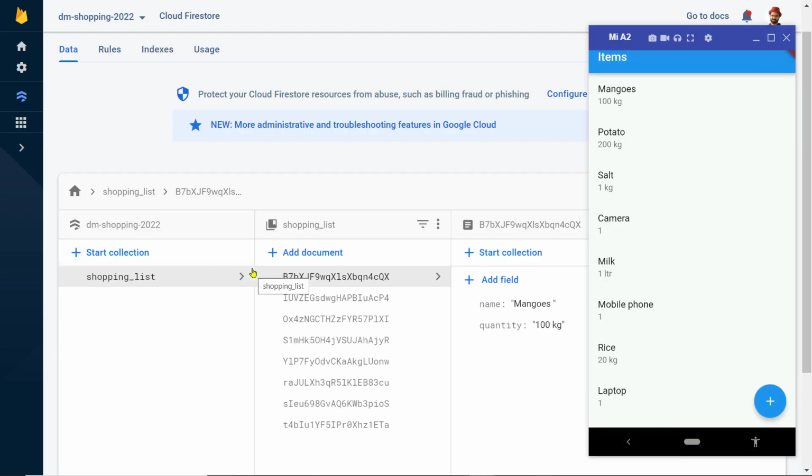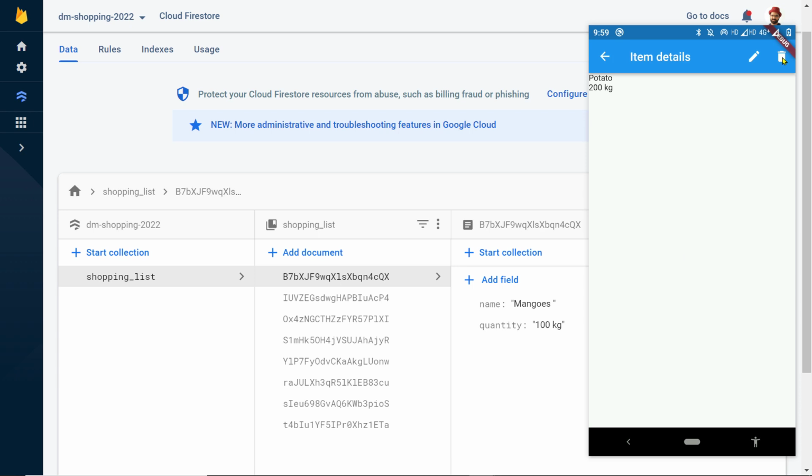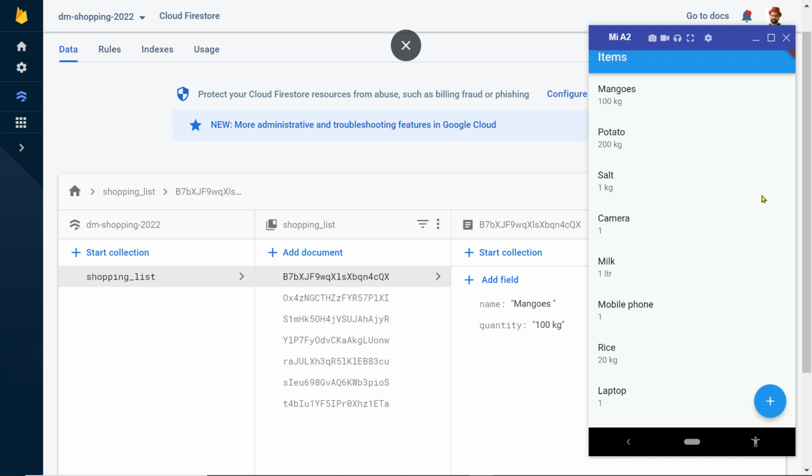So here we are back in the database page and the app is opened. Now let's open one of the items and click on the delete button, and notice this portion. One item of this list should get deleted, and notice that one item disappeared. Let's try deleting this one. Now if you go back to the list page again, you will notice that the deleted item is still visible on the list. It did not disappear, so we have to manually update this list,